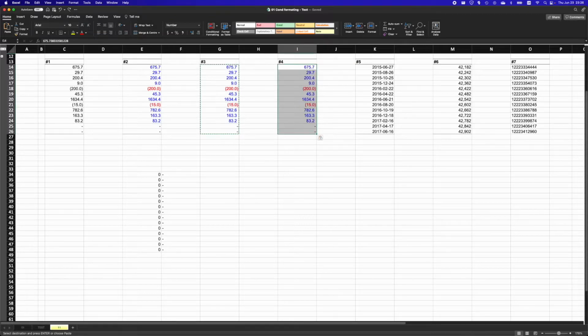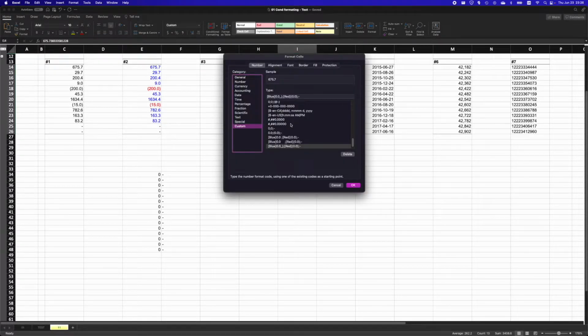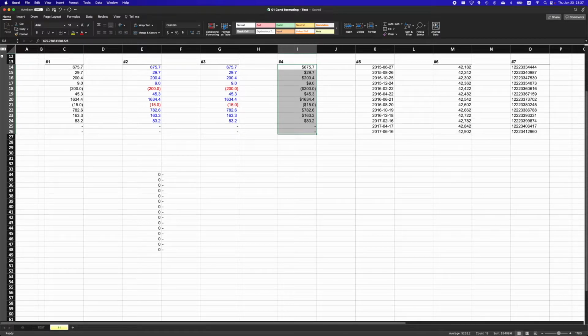Let's do maybe a final trick on the numbers, and this is if you want to go to financial. So let's take the colors out, just to make the formula a bit lighter and easier to read. If you want to add any sign, essentially dollar is just an example, you can add it. You can add it with a space, without a space, and for the negatives as well. Now you have perfect